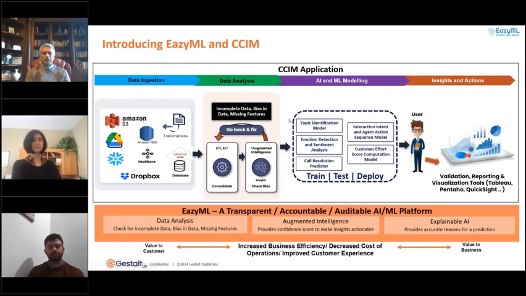Let's unwrap them. So the data comes in from the left side into the EasyML platform. Unfortunately, it's fractured, it's siloed, it's dirty, it's corrupt, it's got holes in it and outliers. It's a real mess, and we all know it. So the first order of business for EasyML is to have sophisticated mechanisms to cleanse this data so that it's ready for analytics. And that is exactly what data analysis, that box there, in EasyML does.